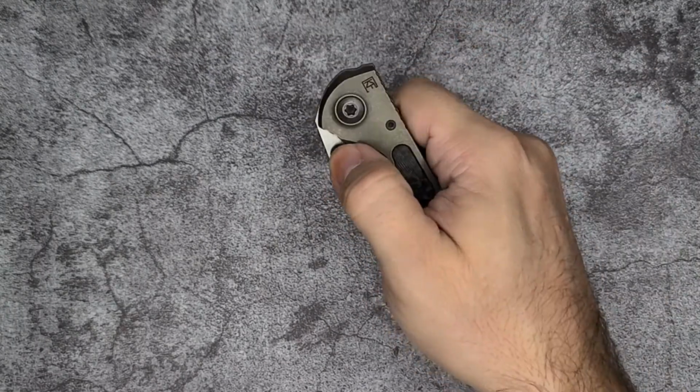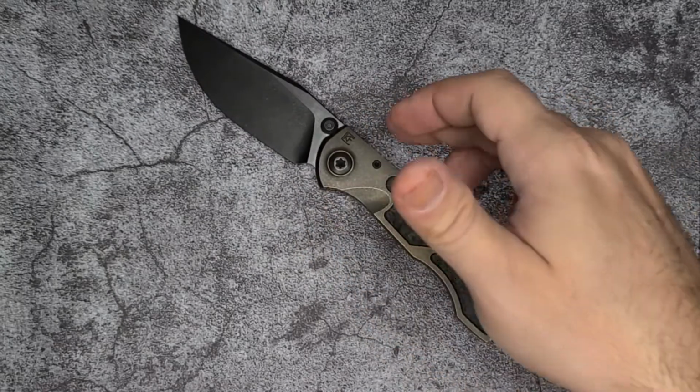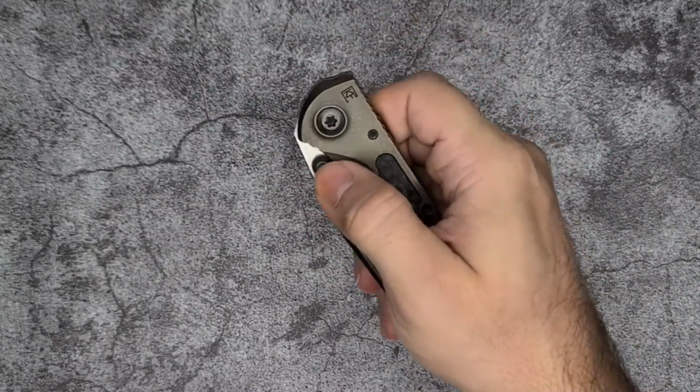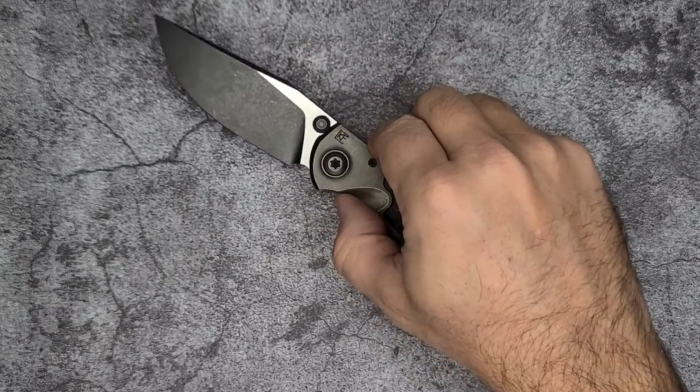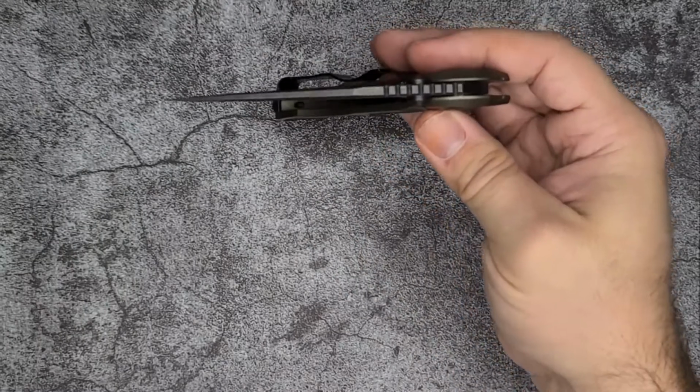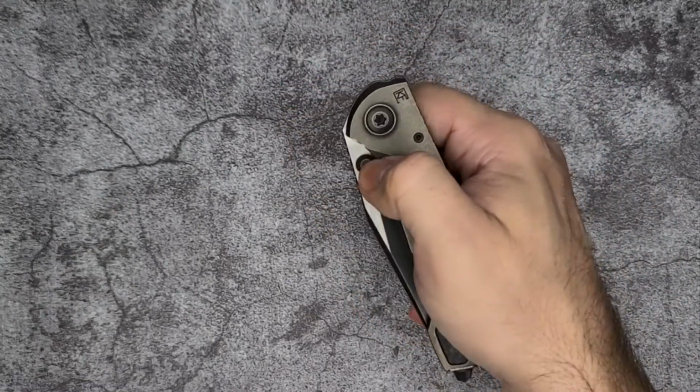This one has the deployment on the thumb, and I usually prefer a flipper tab, but the deployment with the thumb stud, it's really snappy. It's really good. It's fast. The detent's really nicely tuned, and the